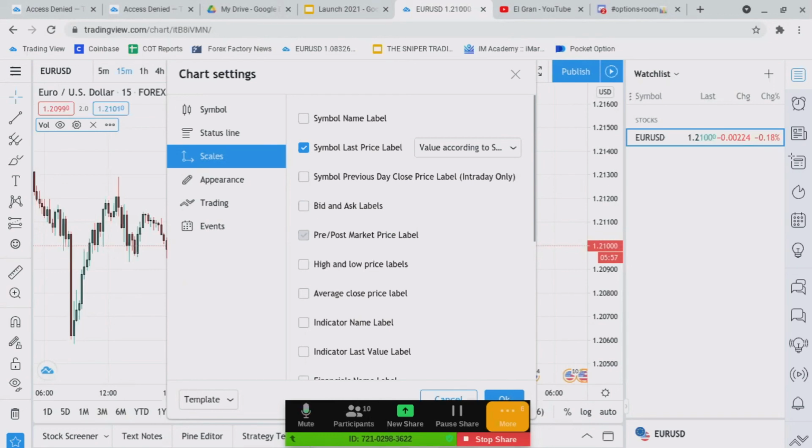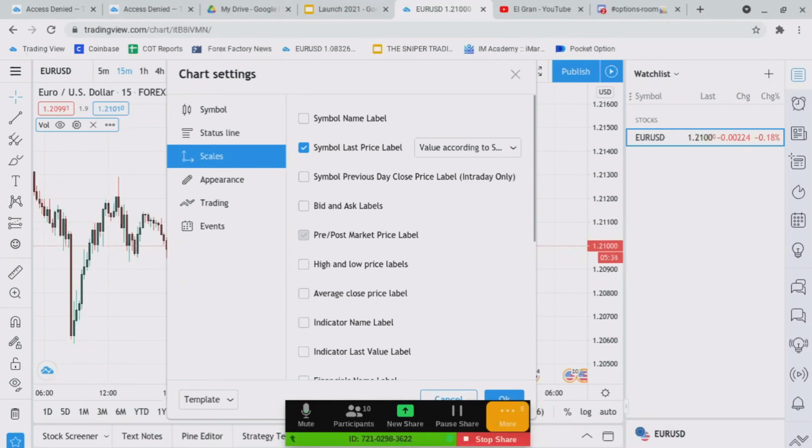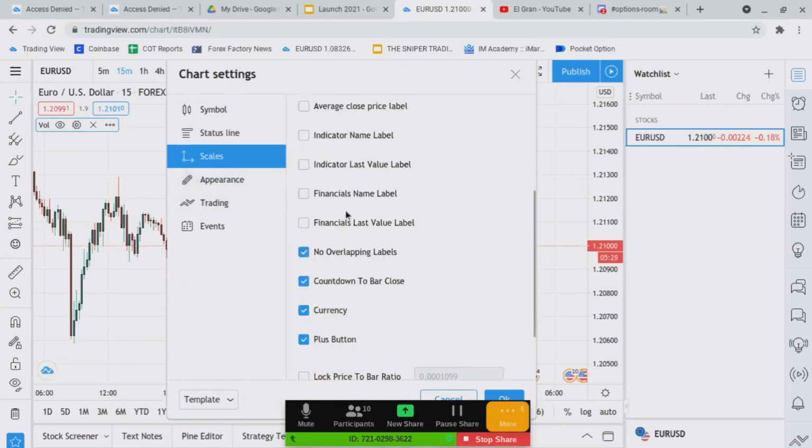I'm just gonna kind of guide you guys a little bit so you could get a hang of it and your chart could look a little bit cleaner than when you start, because a lot of people don't know how to find the settings or change the color, or set up their TradingView. So this is just like a minor step, and you can go back and make changes on whatever you want to do, right? Whatever works for you. So now moving on to, yeah, so